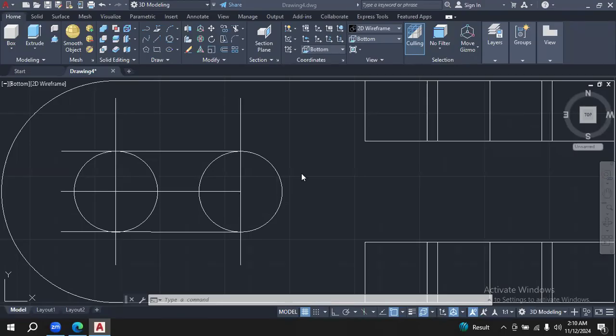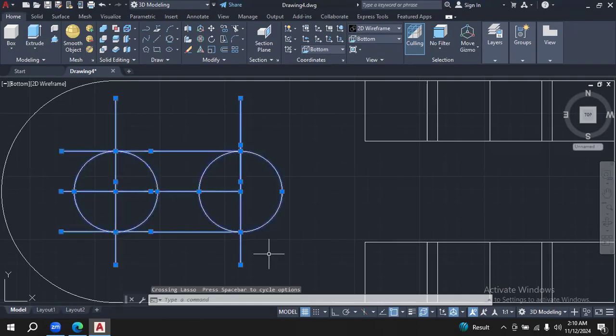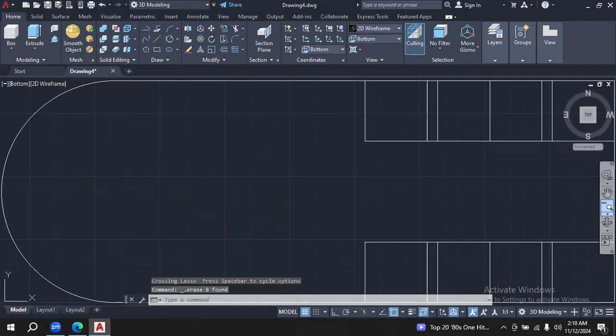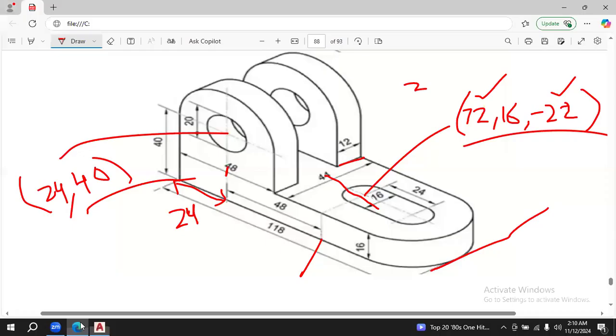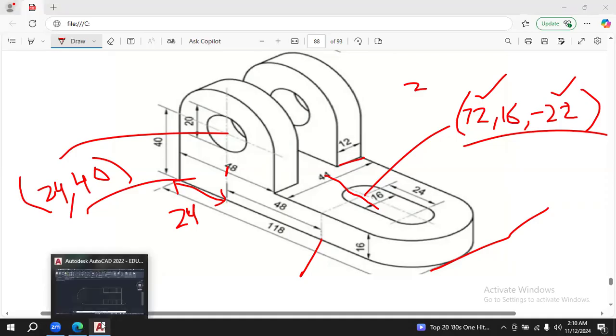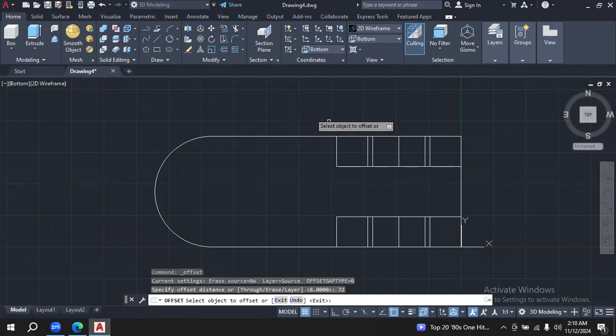Okay, next is we can do, just forget about all of them. Zoom out. And now again use offset command. The distance is overall 24 plus 48, that was 72. So 72 offset,